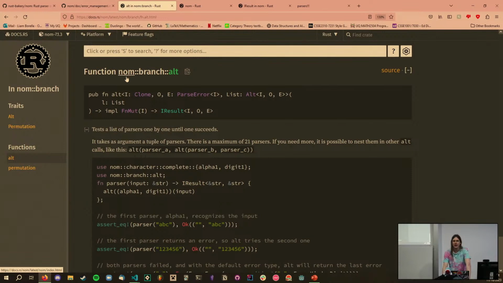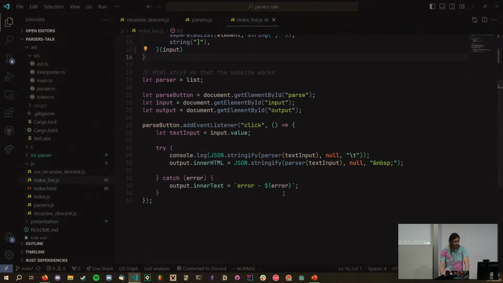I'm a big fan of nom, and I've used it a lot. You can go and check out the stuff that I've done on GitHub after I make it public, because I forgot to do that. Okay, so